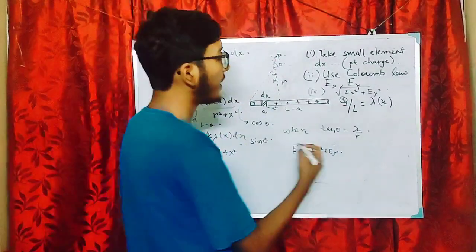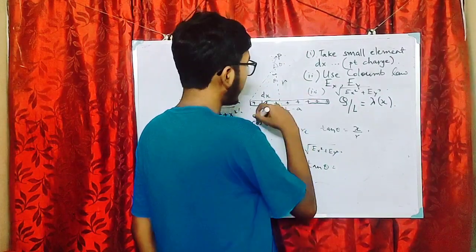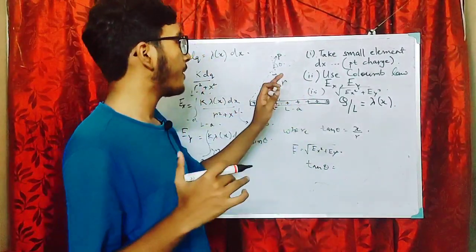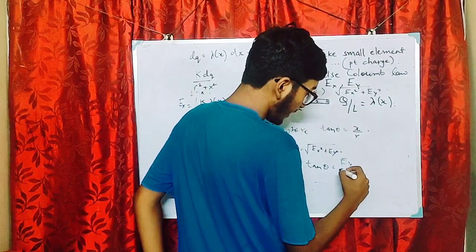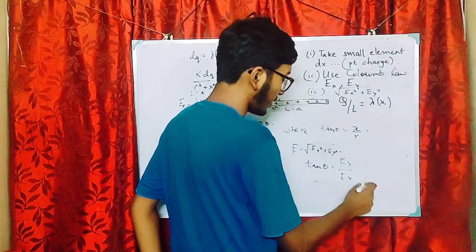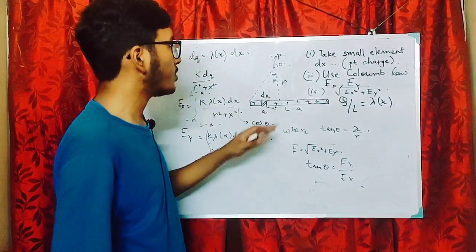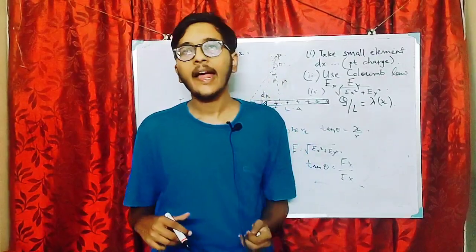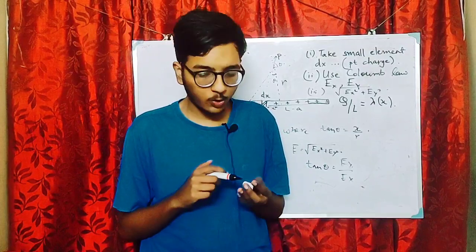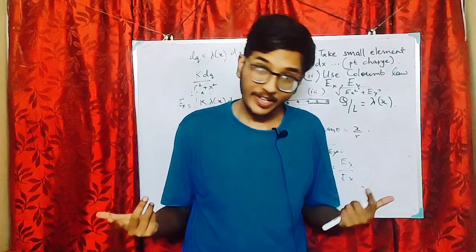Right, and tan theta, that is the net electric field with the horizontal, would be Ey by Ex. Right. This is all. So just keep in mind these 3 points. ऐसा questions बहुत easy होता है, and I have seen people mess up with these easy questions.